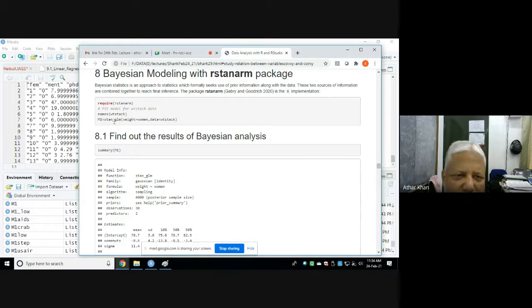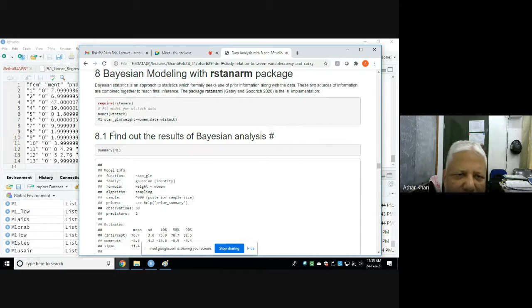You just write this function. This is the formula, weight versus women, and the data is WT stack. We have already discussed this WT stack data. Weight versus women, where women is sporty and lazy, so this is the factor variable and this is the numeric variable.